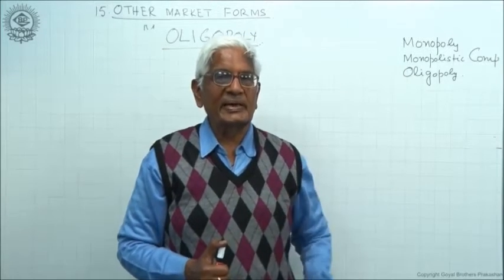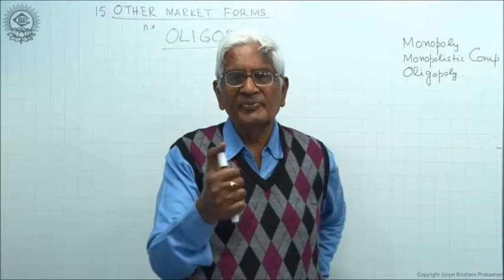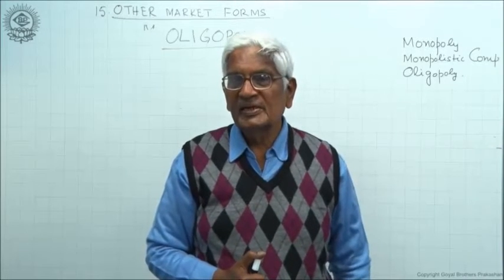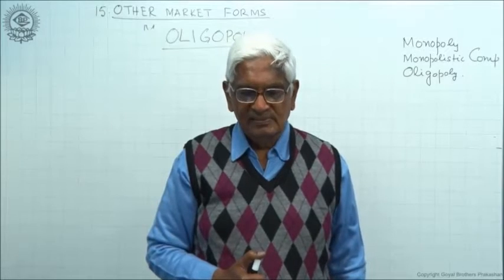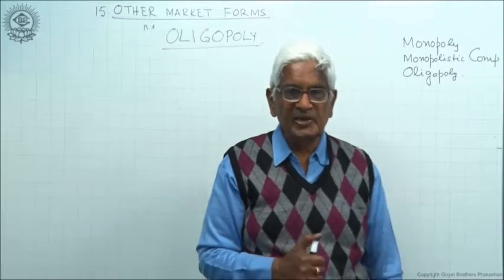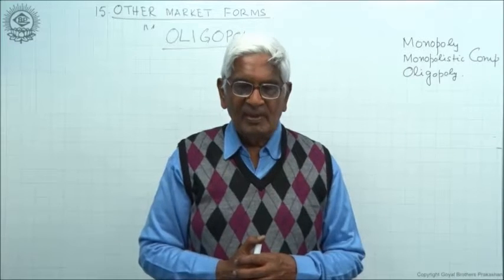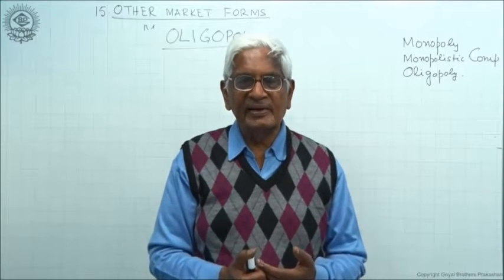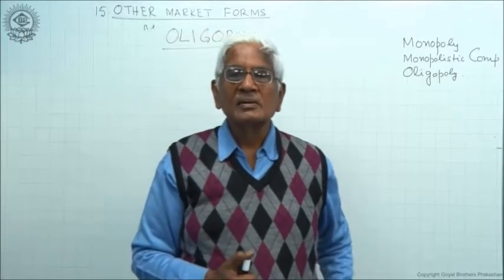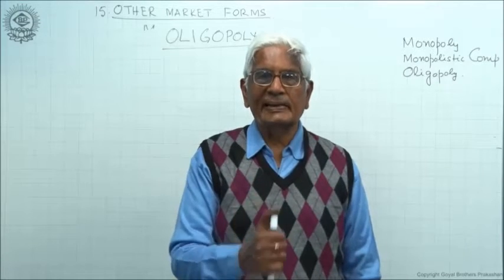This is the most realistic market. Here you are studying only a few of the features. When you go to the university, its scope will be widened and it has a limitless scope. The study of oligopoly has a limitless scope. And as you proceed from one class to another and you have the chance to study oligopoly, the scope goes on becoming bigger and wider. And the reason being that this is the realistic market.